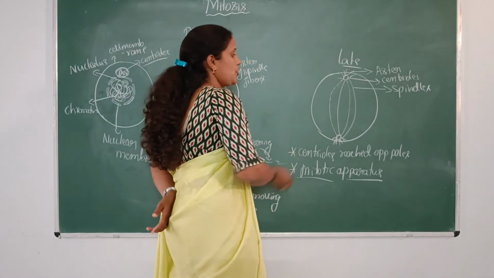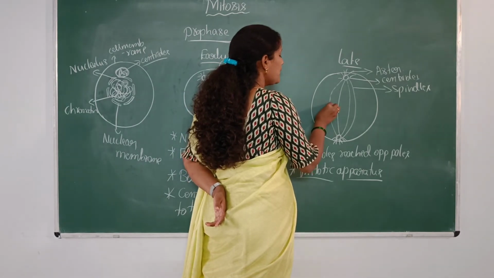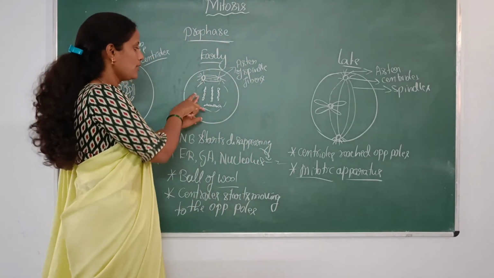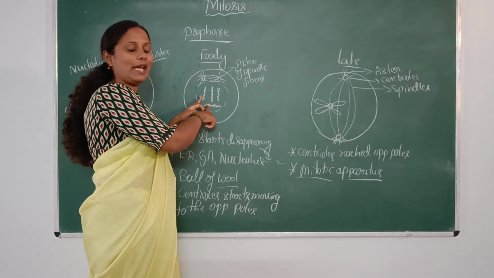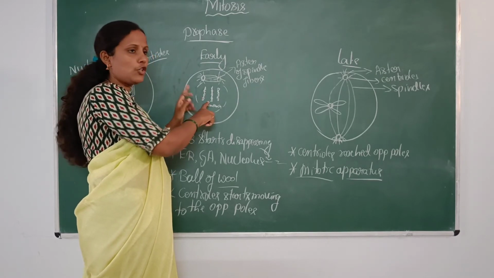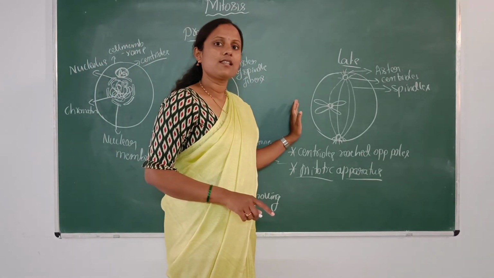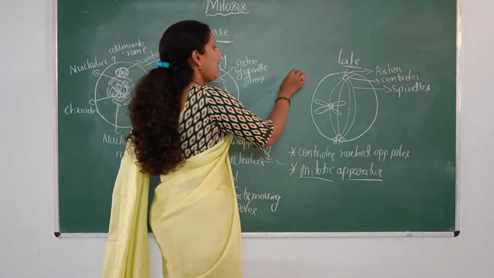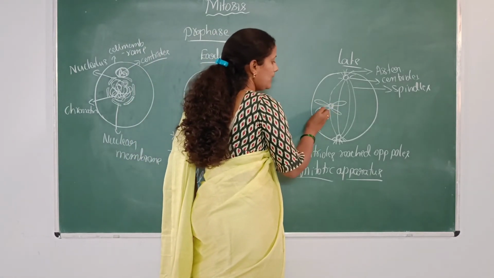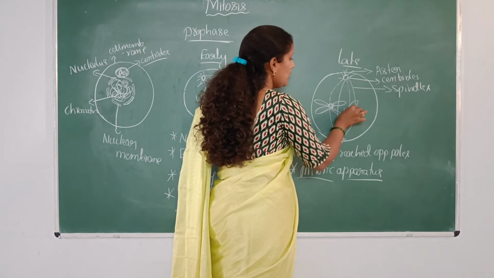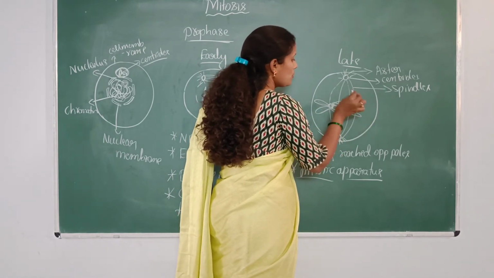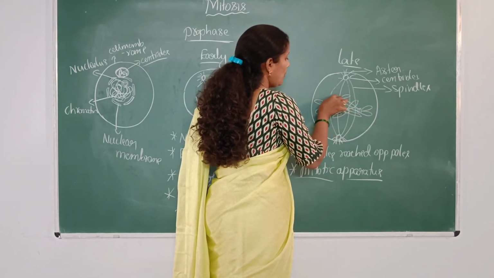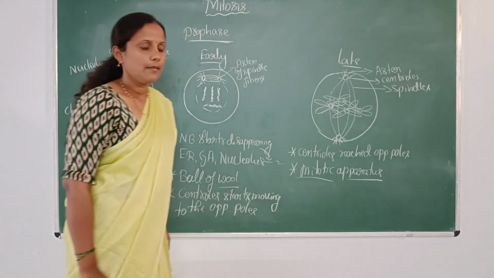And at the later stage, there is a complete appearance of chromosomes with 2 chromatids. So you should note the difference. See here, the chromosomes appear like a ball of wool in the early stage. Once the prophase reaches completion, at that time the chromosomes will appear completely, having 2 chromatids. This is one chromatid and this is another chromatid. Likewise, we have taken 4 chromosomes, right? I am drawing 4 chromosomes here. So this is another, and this is one more. 4 chromosomes have appeared.